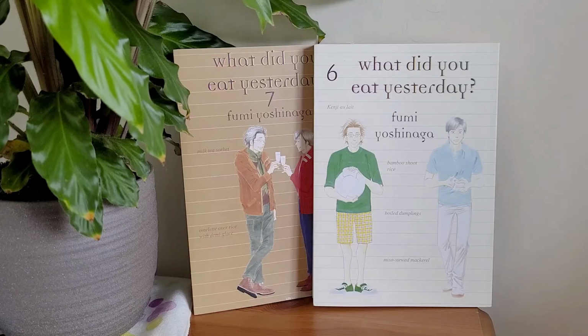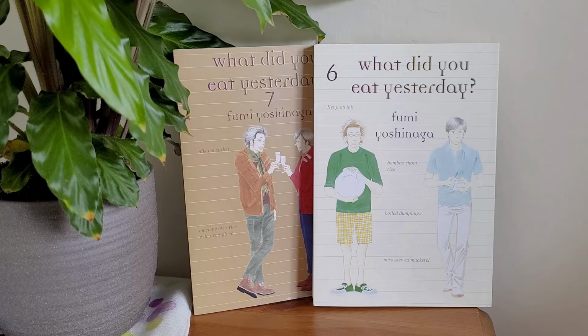Now, if you've seen the thumbnail for this manga haul, you will already know that there will be a bit of this in my manga haul today, and that is What Did You Eat Yesterday by Fumi Yoshinaga. But you can see volume 6 and volume 7 in front of you, and that was because back in like